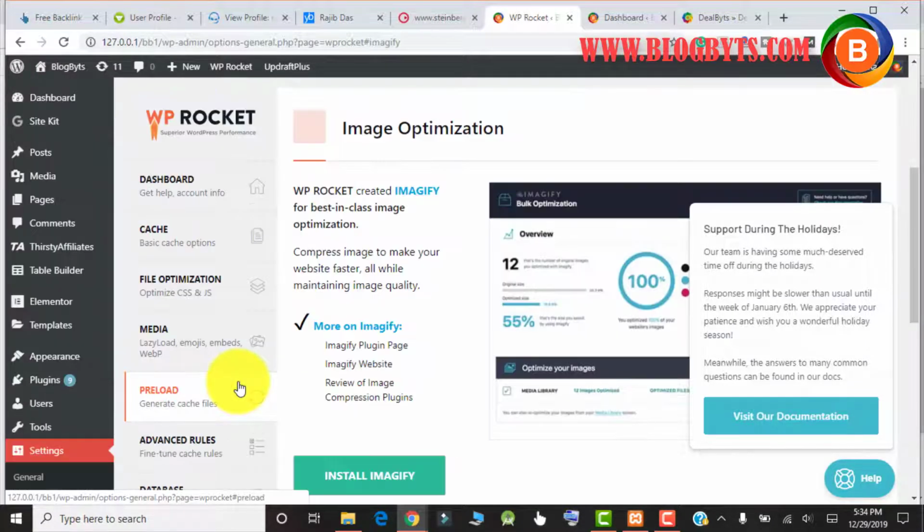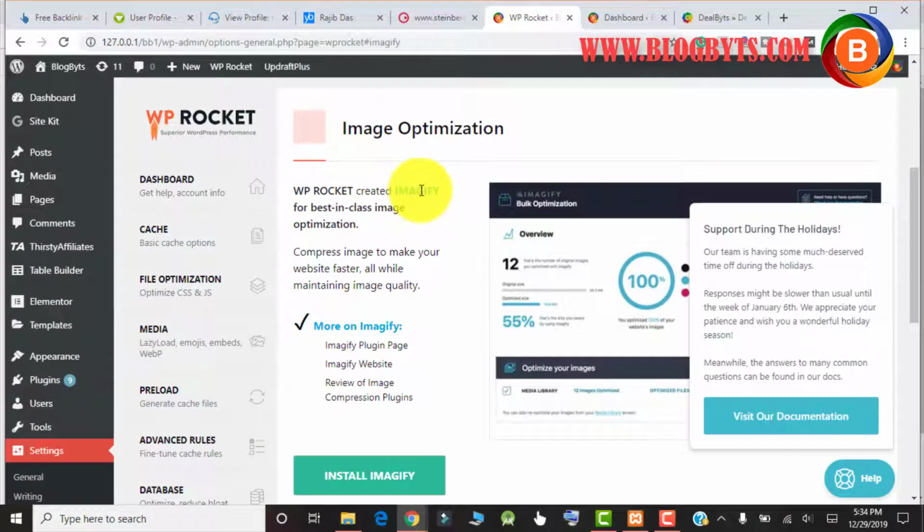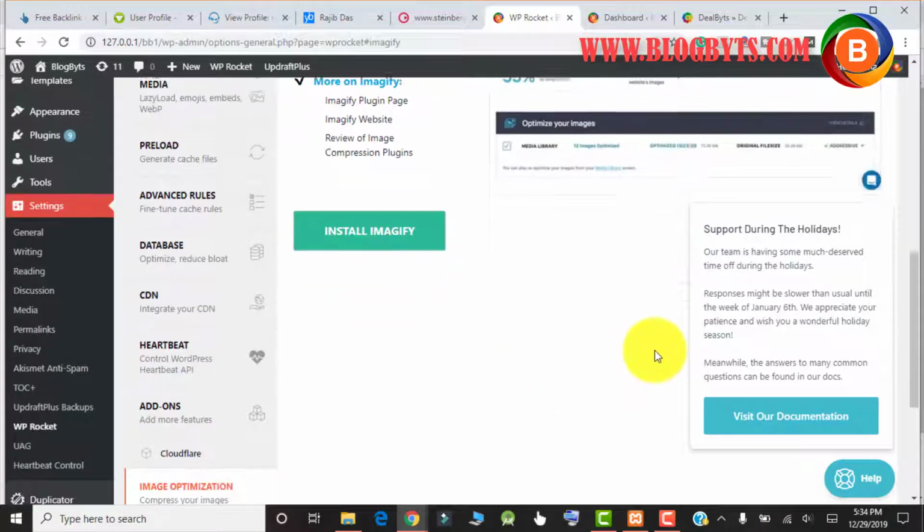coming to image optimization, for this you have to install this plugin, which is Imagify, and this is not a free plugin. You have to pay a certain amount of money every month. So if you want to spend money on optimization, then you can install this plugin. Okay,